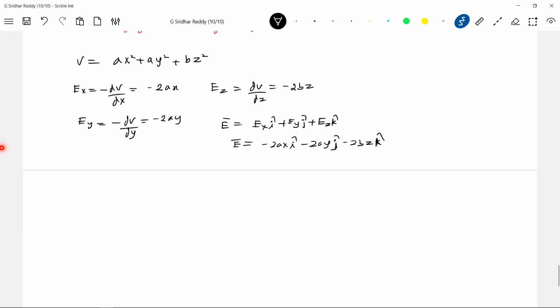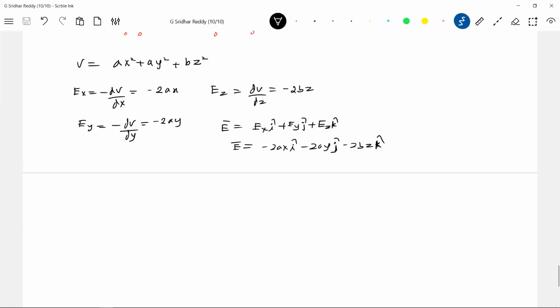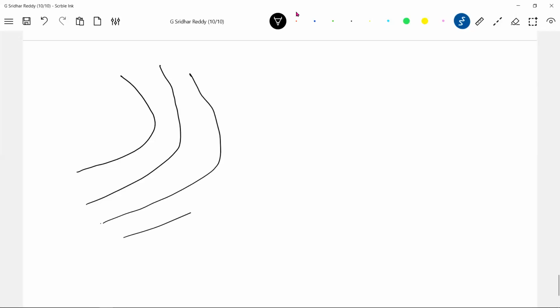Now, let's go for the other thing. If they give a potential function, that's the equation I gave. If they give equipotential surfaces, can we make a guess of what can be the type of field? Suppose that these are equipotential surfaces here. These are some equipotentials. So this will be 50 volt, 40 volt, 30 volt, 20 volt. Can we say anything about the field strength at various points?